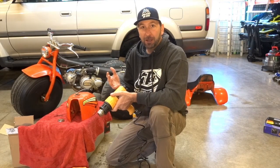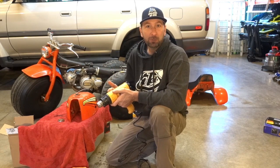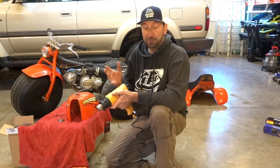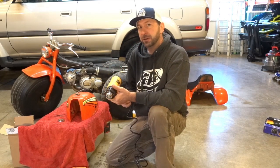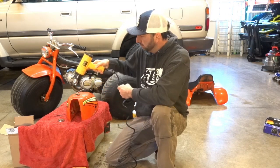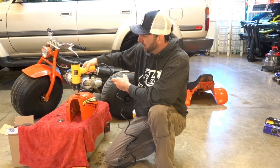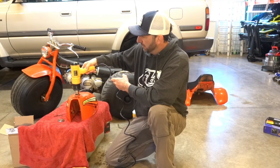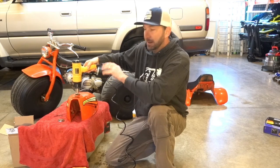So I completely forgot that about a year or two ago, I bought myself a heat gun. Wasn't exactly sure when I was going to use it, and so here's a perfect time for me to use this. So what we're gonna do, I've been playing around with it a little bit, is just turn this thing on. You don't want to get it too hot, and I've just been running the air into this, and let it go in there for a minute or two basically,